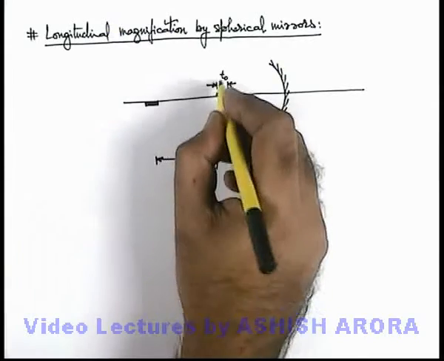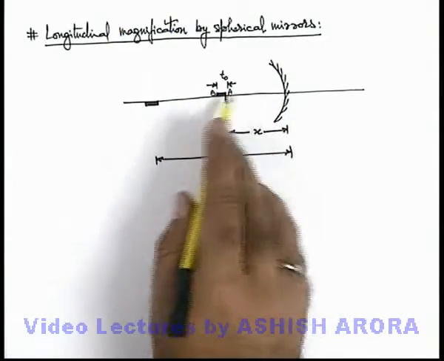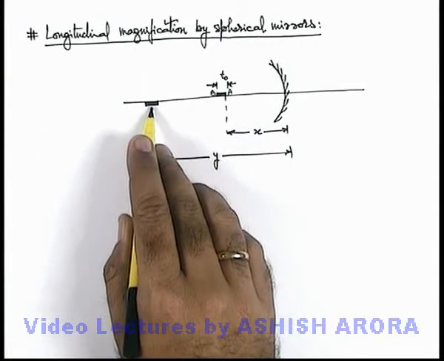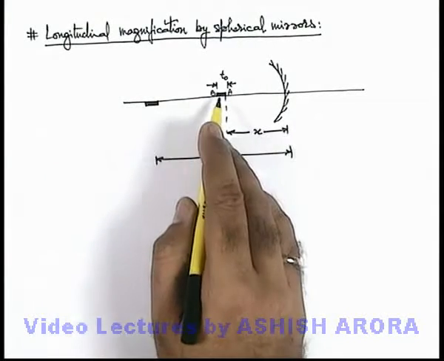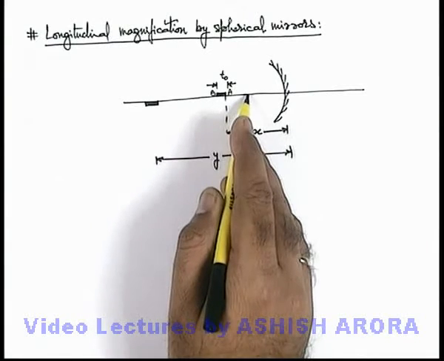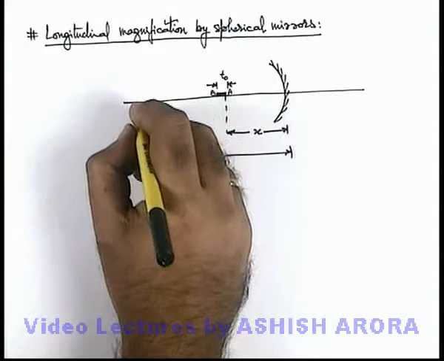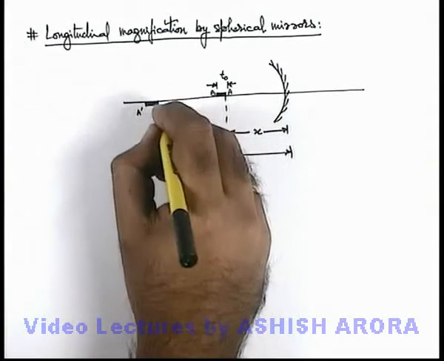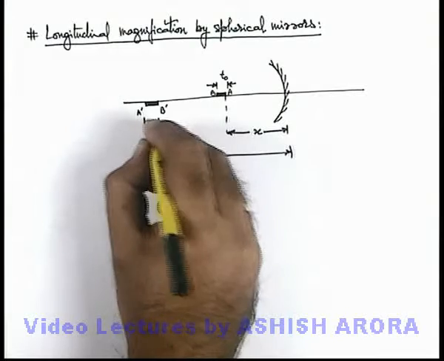So in this situation here, you can see if the object is AB, it is closer to the mirror, the image is farther away, and the point which is closer to the mirror will be away from it, because the point which reaches the focal point, the image will reach infinity. So the image of A will be A prime and that of B will be B prime. And say the image thickness is Ti.